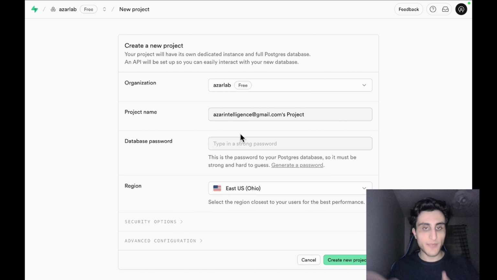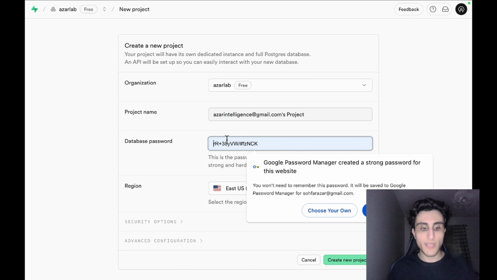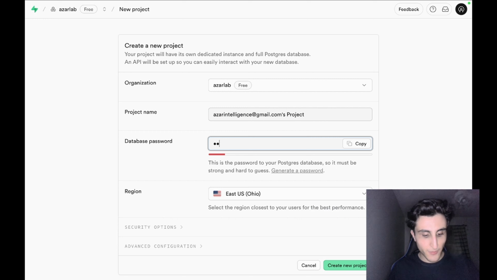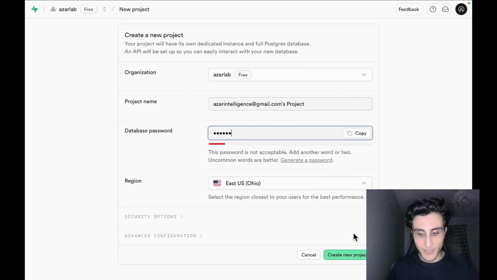So once you have done that, you need to create your first project, and your project already has a name, but you need to provide the password. So choose a password that you're gonna remember, because we want to use it later in the process. And then click on create new project,